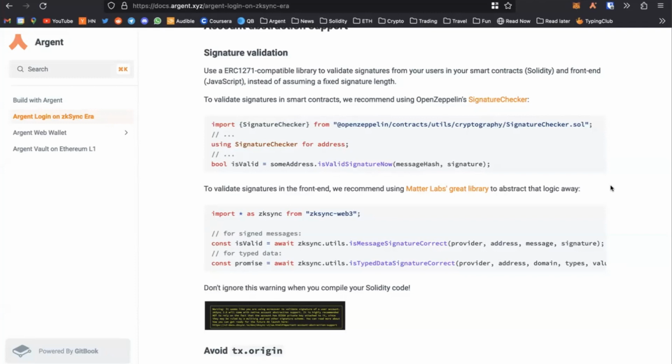Another difference is that the signature is only valid the moment you call it, meaning the account could change its validation rules. It could decide to rotate one of its keys or something like this, and then a signature that was valid in the past wouldn't be anymore.